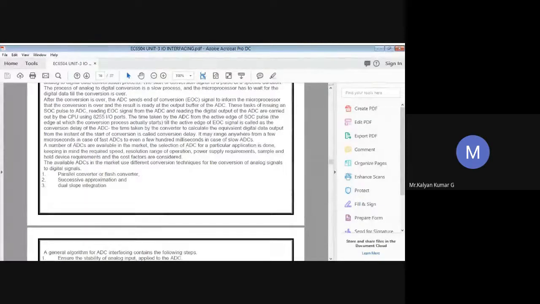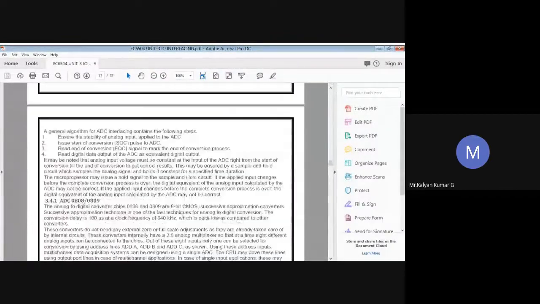So initially, in general, not only for this type of A to D converter, but in general for any microprocessor interfacing, the conversion process will be initiated by a signal called SOC. We usually call it start of conversion. We have a signal called SOC in all the interfacing devices, A to D and D to A interfacing devices. So the conversion process will usually be initiated by this signal SOC from the processor to the ADC.